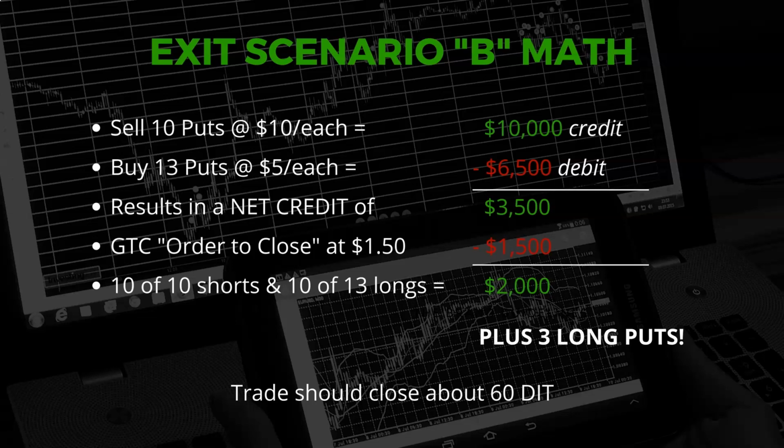The longer you hold these long puts, the more of a move down, the more of a correction that we need, or it really almost has to become a crash at that point for these long puts to really have any value. If they do move, in other words, if the market suddenly corrects, you're going to want to get out of these sooner than later, because the value of these puts will skyrocket, but they'll come down just as quickly if we bounce. In fact, they'll probably lose value faster than they gained value on a significant bounce. So I like to hold these maybe a week after I get out of my